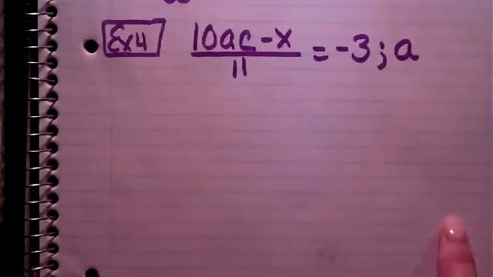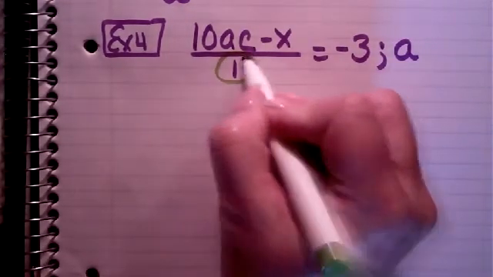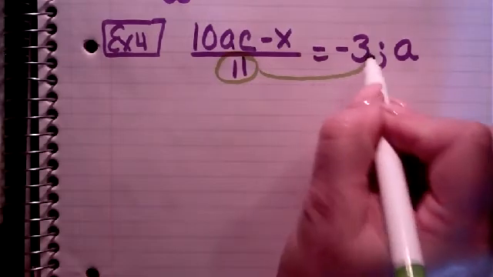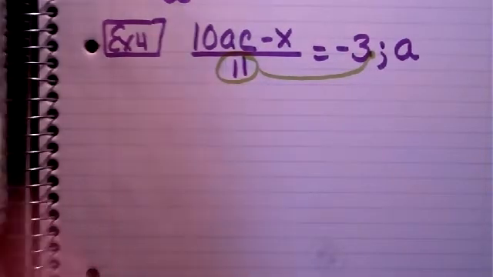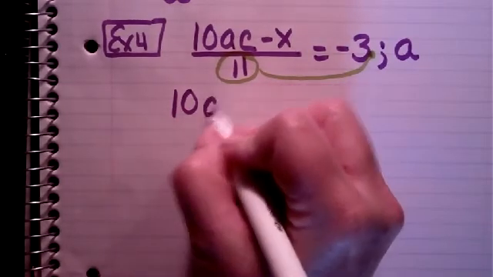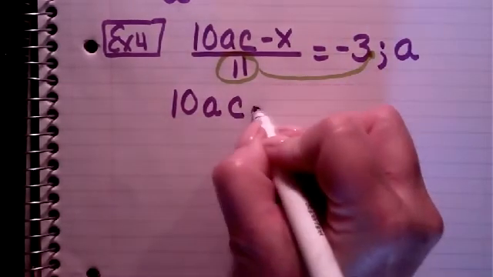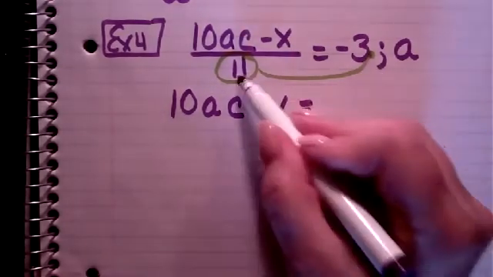Okay, this one, the whole side has that denominator. I can just take this denominator right here and I can run it right over here and I can multiply. Okay, so if I do that, what I'm going to have is 10AC minus X equal to, now -3 times 11 is